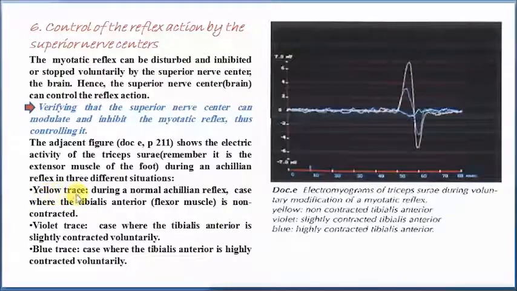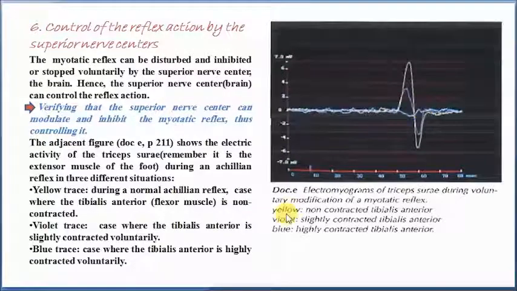is yellow in color in document E. Document E is showing you the electromyogram of the TS during the 3 conditions. First of all, you will observe that we have 3 colors. This is the yellow trace here. Then you have a violet trace, the second one. And then you have the blue trace, which is like this. If the adjacent document is not that clear, you can refer to document E, page 211